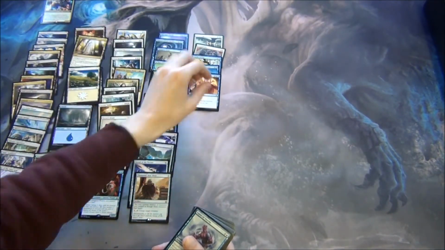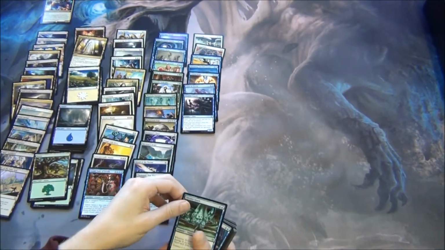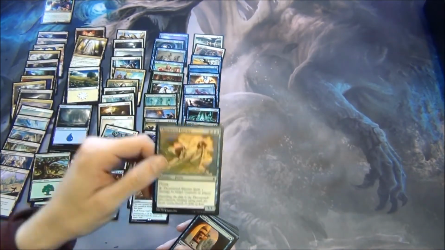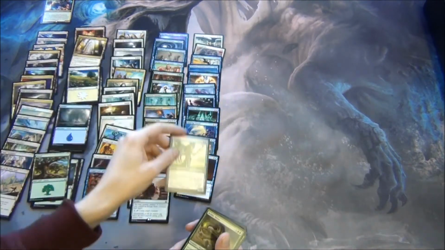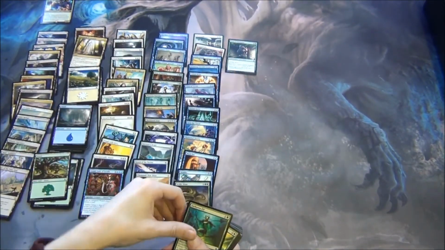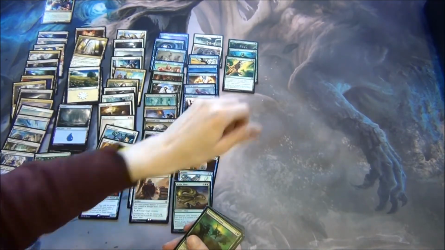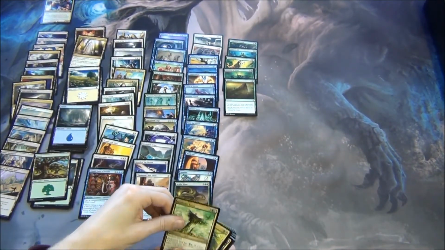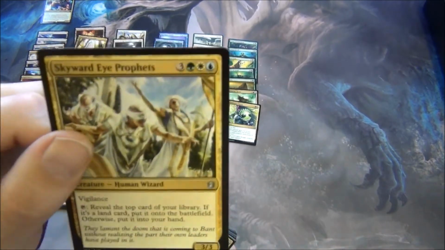Control Magic, Curse of Inertia, Deceiver Exarch, Diviner Spirit, Hada Spy Patrol, Thornwind Faeries, Wash Out, Wonder, Acidic Slime, Curse of Predation, Farhaven Elf, Crosis's Grip, Presence of Gond, Restore, Leaf Drake Roost, Selesnya Charm, Skyward Eye Prophets,